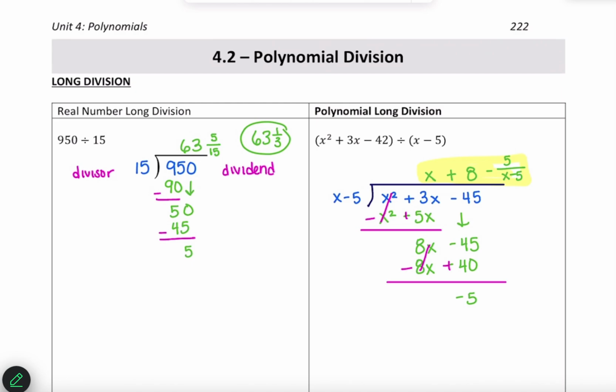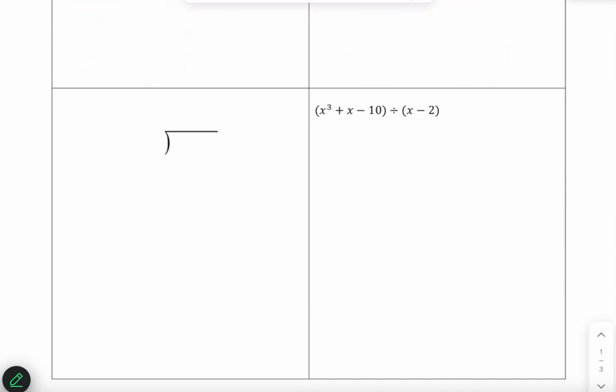Okay, let's try one more. Again, with real numbers first. What if I ask you to divide the year 2025 by 7? And you don't actually have to do it. What I want you to make note of is, so I'm dividing by 7. How do you write the number 2025? You write